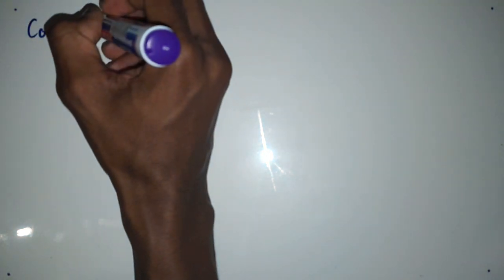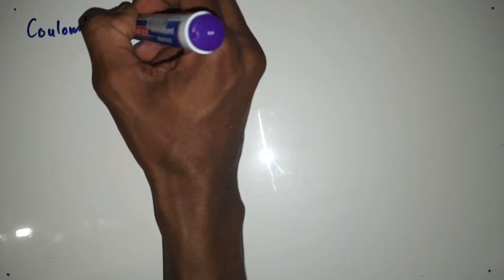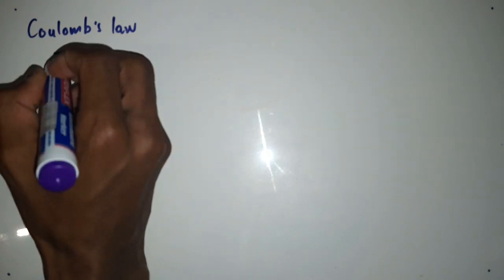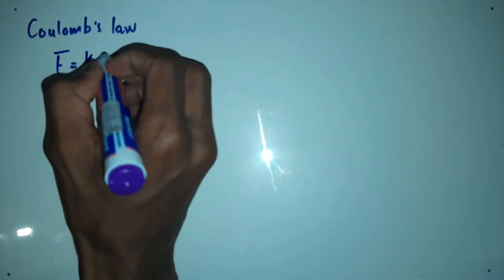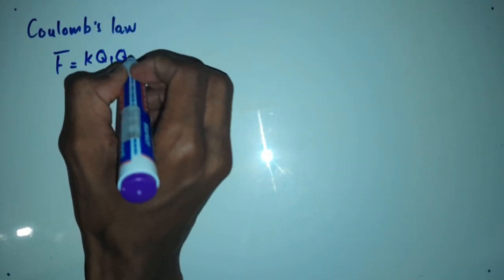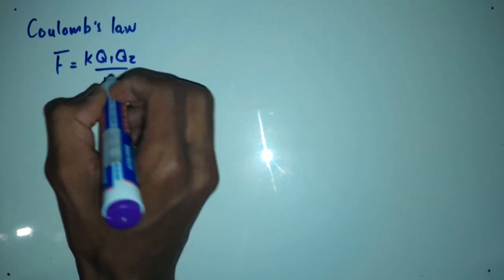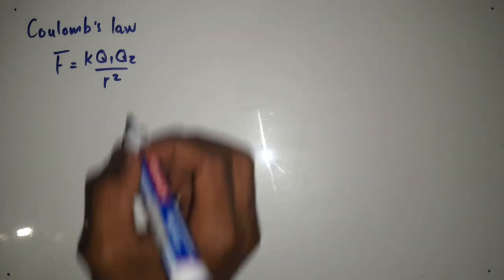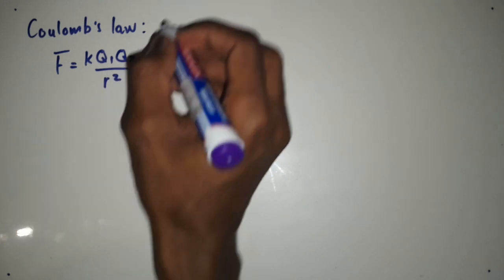Today, I just want us to consider this concept of Coulomb's law. Now, Coulomb's law is given by this formula. F is equal to K Q1 Q2 divided by R squared. Now let me state Coulomb's law using this formula. We would say the electrostatic